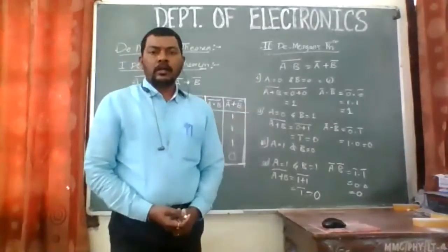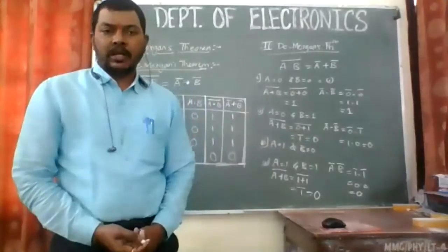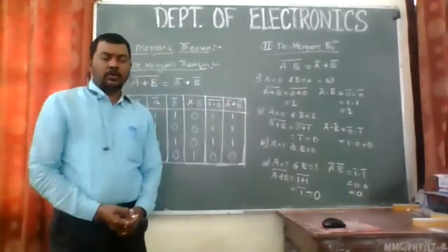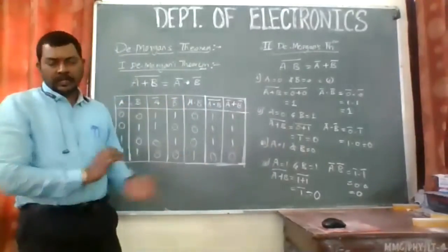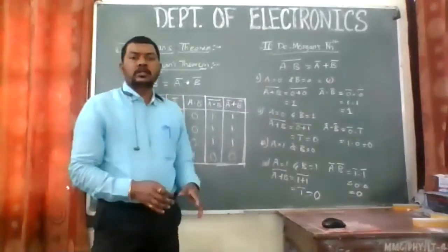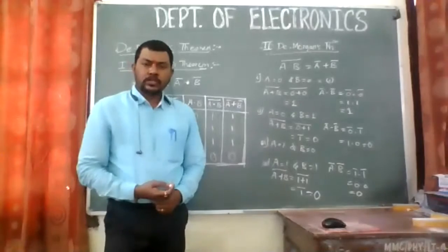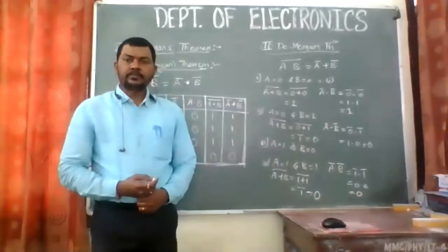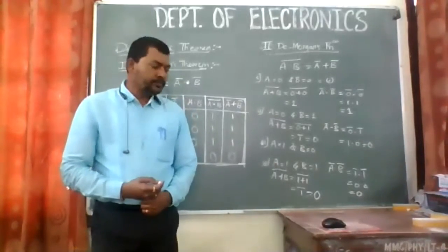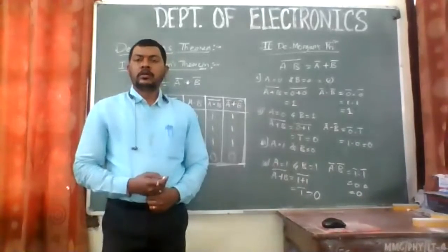Right? So this can be another method to prove that (A plus B) whole complement can be written as A complement dot B complement, and hence proved. This is another method to prove De Morgan's theorem. Is there any question? Is there any problem on this? Yes, Manish. Have you understood?